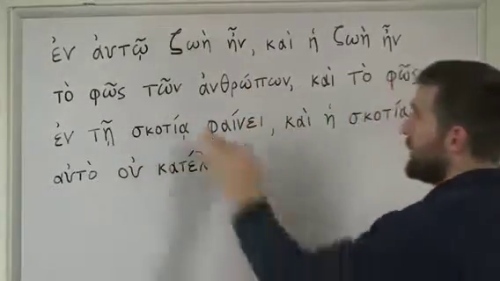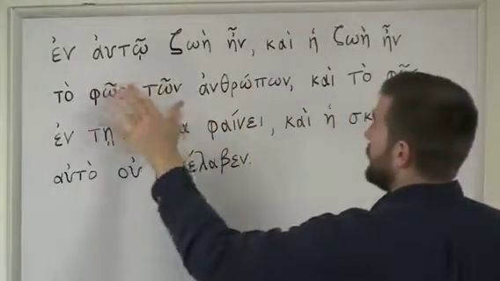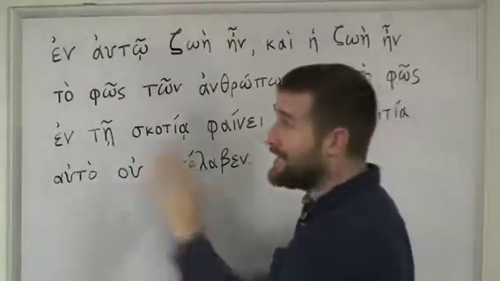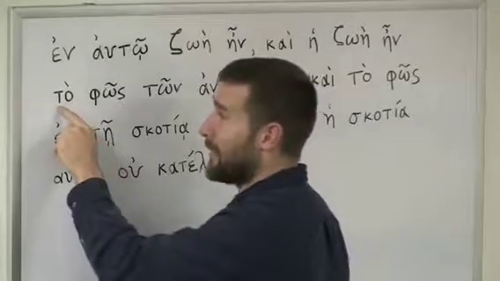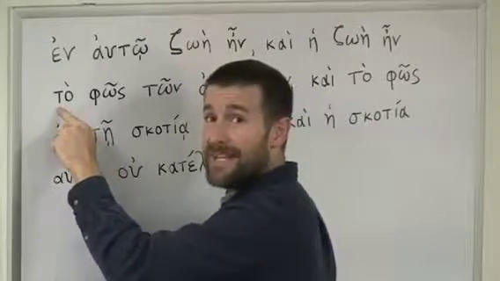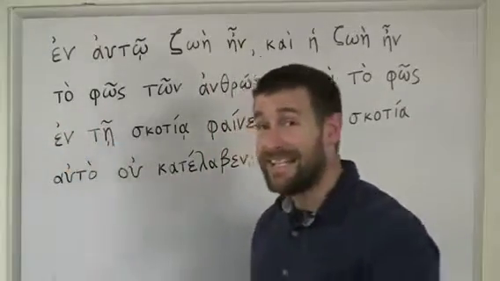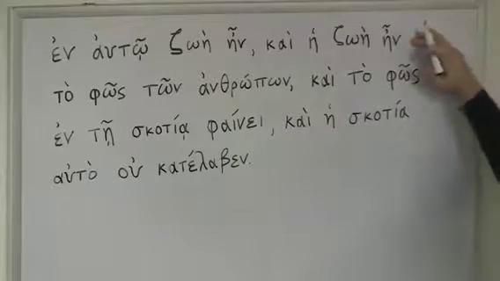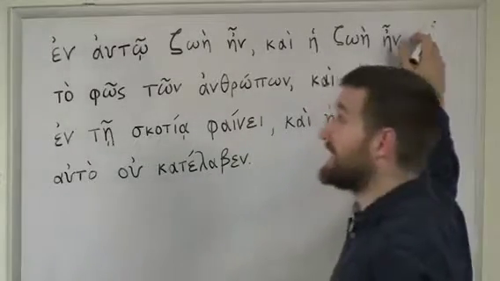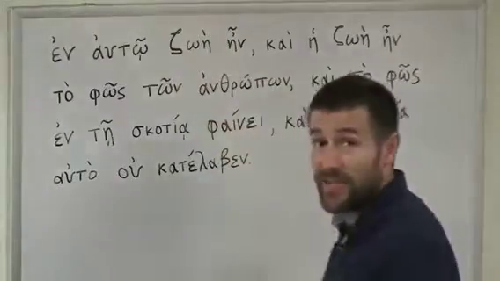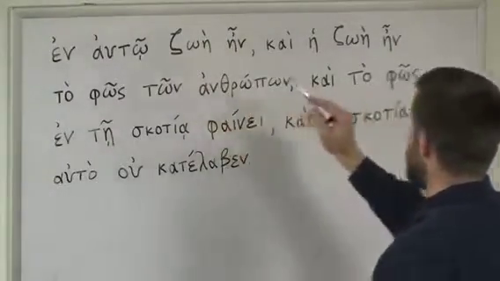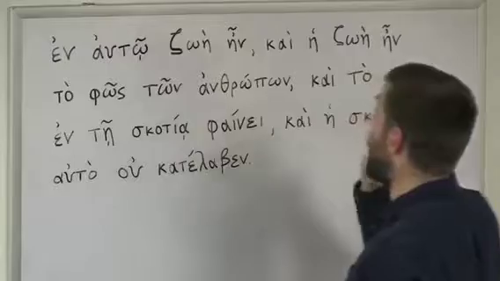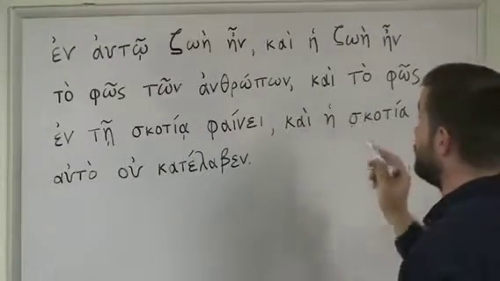So this right here, if we were to just read this part, we'd say to phos ton anthropon. And this is a little bit tricky with the pronunciation, because remember, when tau comes after nu, it doesn't make a T sound, it makes a D sound. And look what we have right here, a nu. So even when the nu is in a different word, you actually end up pronouncing it with the D sound. So the way that this should actually be pronounced is en αυτό ζωήν, και η ζωή ειν το φως των ανθρώπων. Το φως των ανθρώπων.